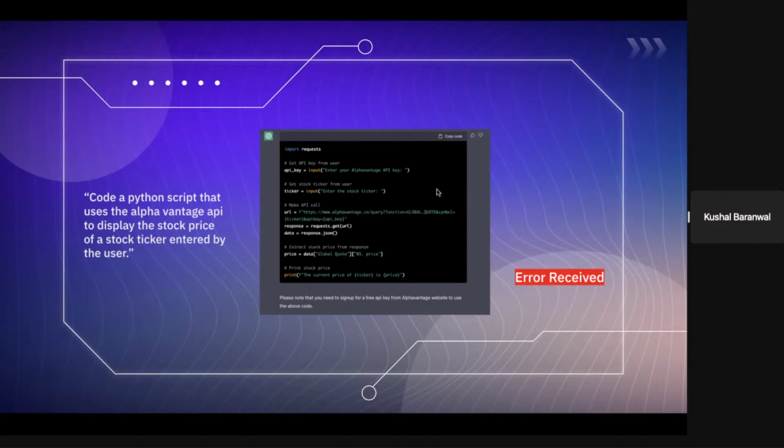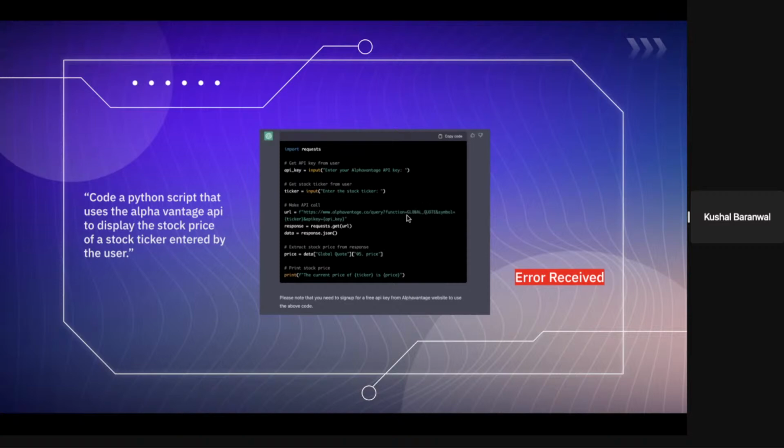You can't do this, because first off, this function just does not exist. One thing you'll notice about ChatGPT is it's good, but it's very confident in the way it answers, right? So it can very blatantly give false information. This is just completely wrong. This function does not even exist.